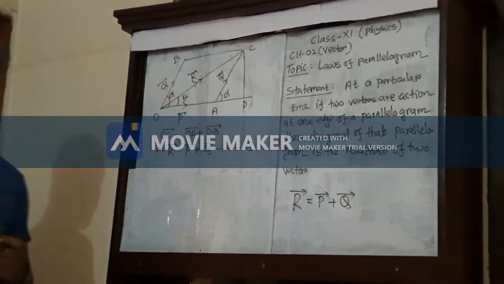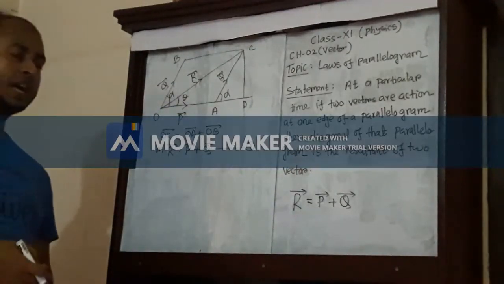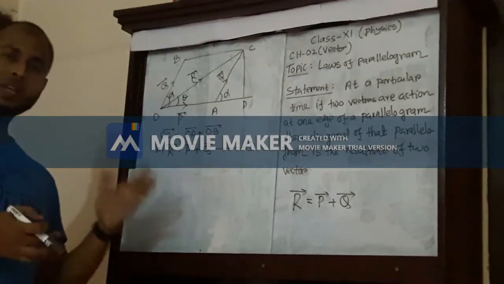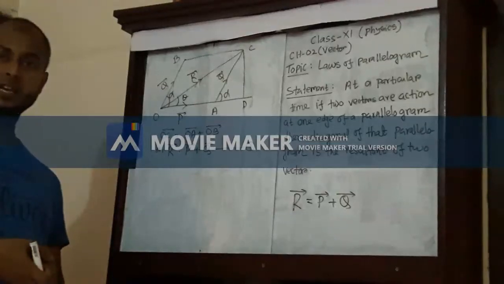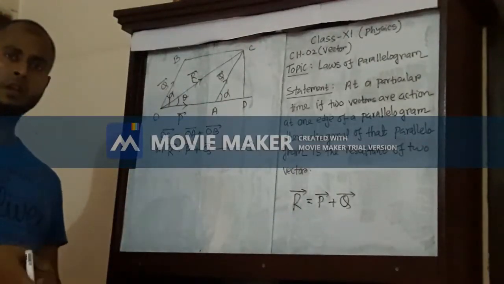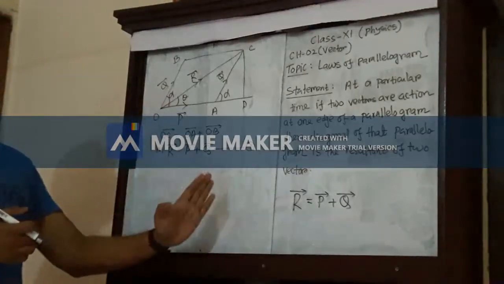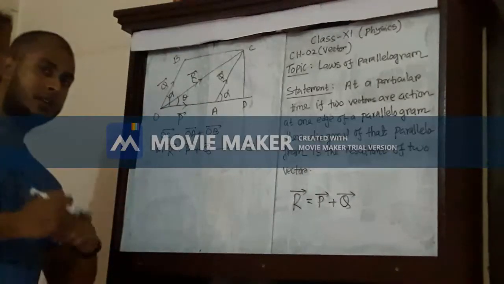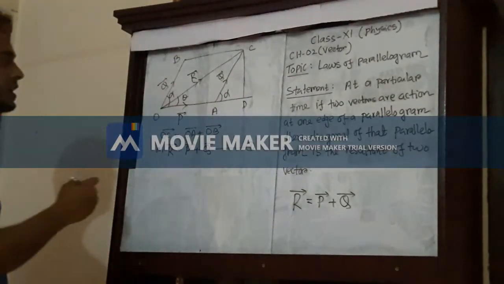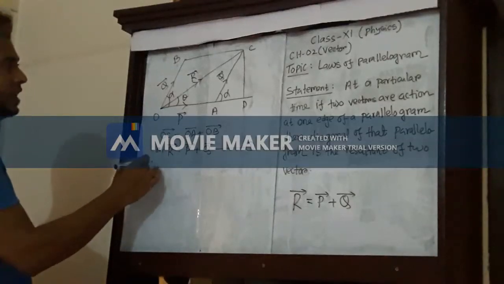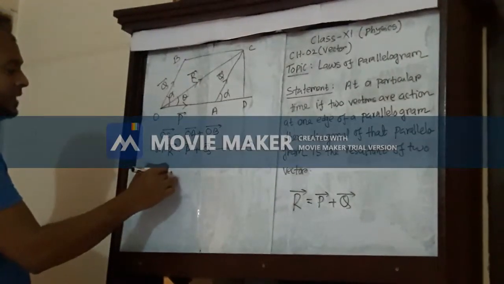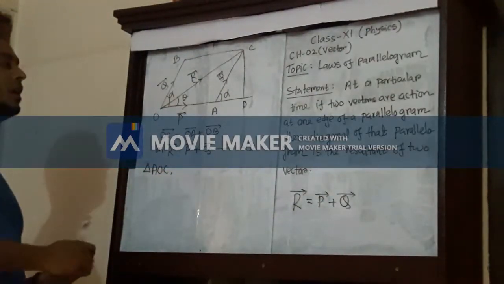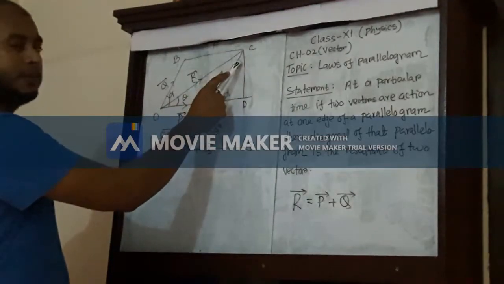If I ask you, boys and girls, you already learned the laws of triangle in class 9-10. Okay? So don't you think that this law is nothing but the laws of triangle? Then justify this. We can justify that this laws of parallelogram is another phase of laws of triangle. Then let's show this. Boys and girls, in triangle AOC, if we apply laws of triangle, that is, if two vector of a triangle,